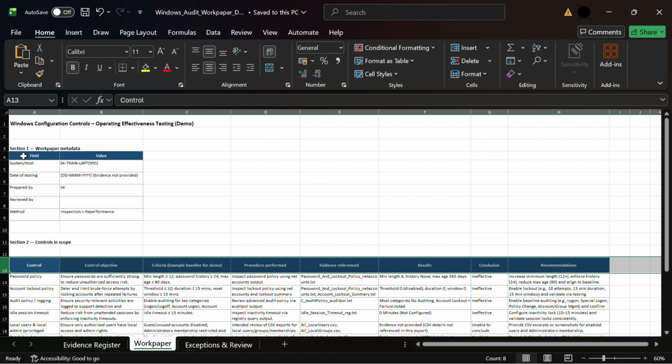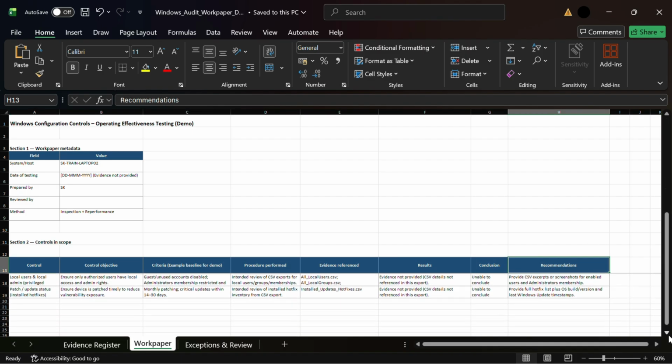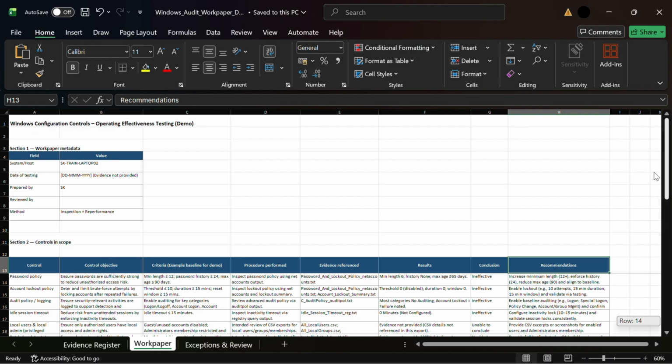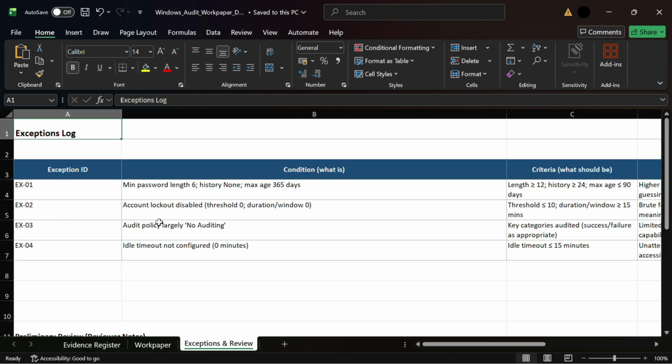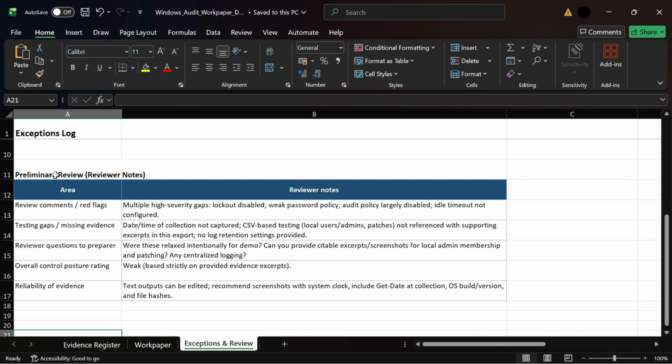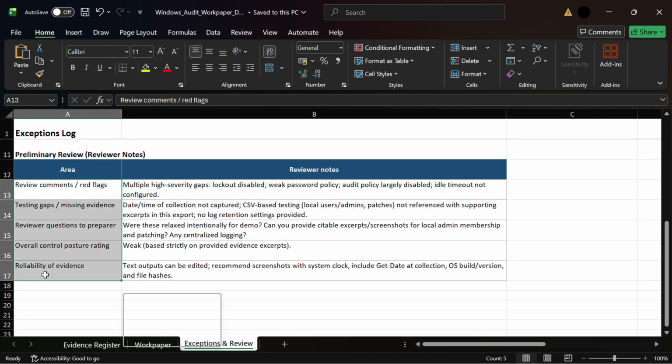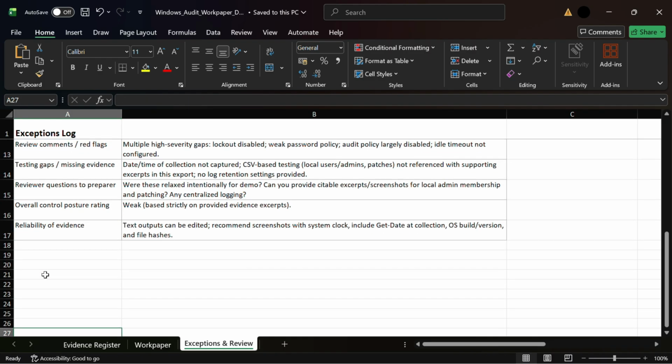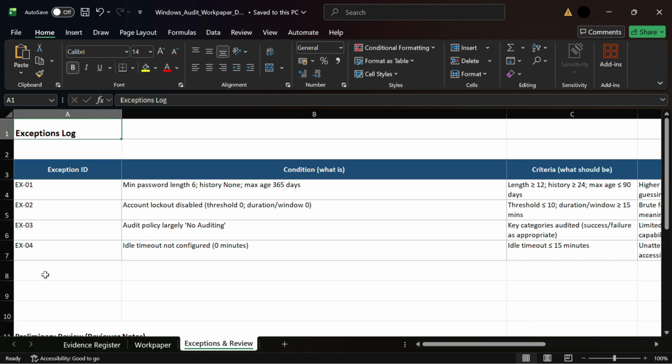But we've got section 1, which is the work paper metadata. We've got section 2, with the control, objective, criteria, procedure, evidence, results, conclusion, recommendations. And that's all fine. And then we've got the exceptions and review. So here I can see the exceptions log, which is okay. And then some reviewer notes as well, which is everything we saw in the previous example. So this is quite good. Obviously, it needs a little tweaking, a little tailoring,